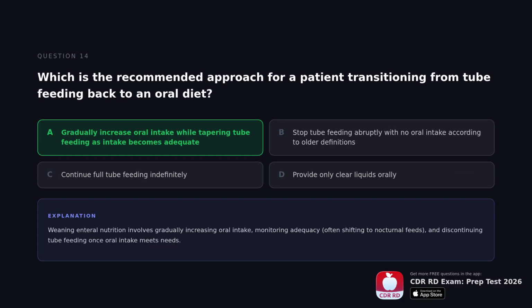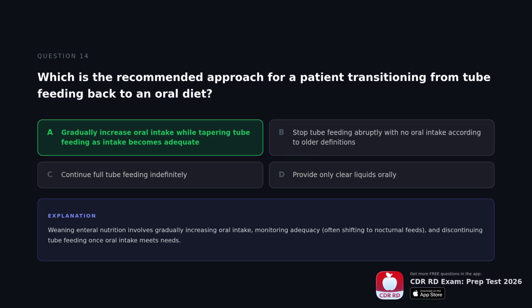The correct answer is gradually increase oral intake while tapering tube feeding as intake becomes adequate. Weaning enteral nutrition involves gradually increasing oral intake, monitoring adequacy, often shifting to nocturnal feeds, and discontinuing tube feeding once